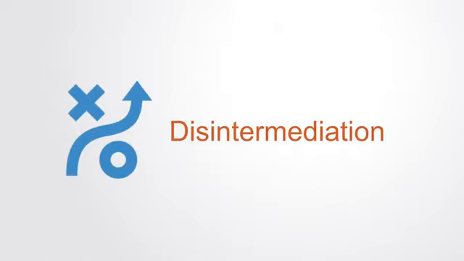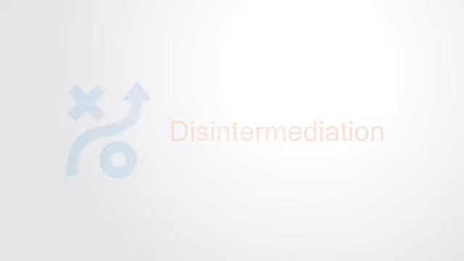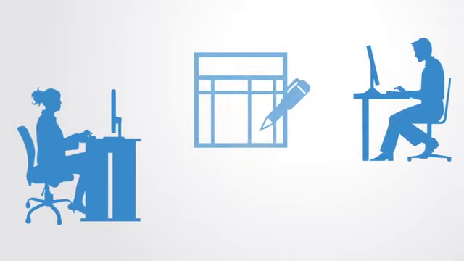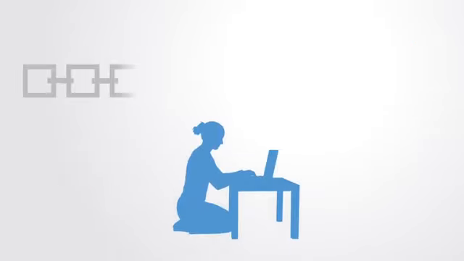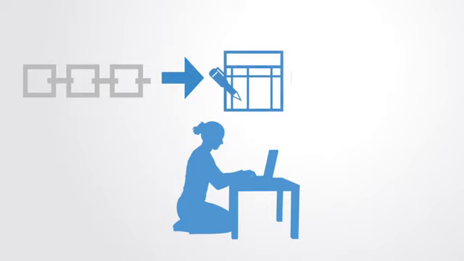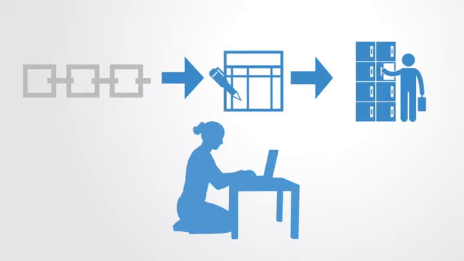DLT technology can have a powerful disintermediation effect, as data can be put directly onto the shared database by the nodes in the network. There is no longer need for a centralized organization to provide this service. A developer can create a DLT on a blockchain and use public-private key cryptography to give people secure storage space on that ledger, allowing people to own their own data, which creates a very different scenario to the world we